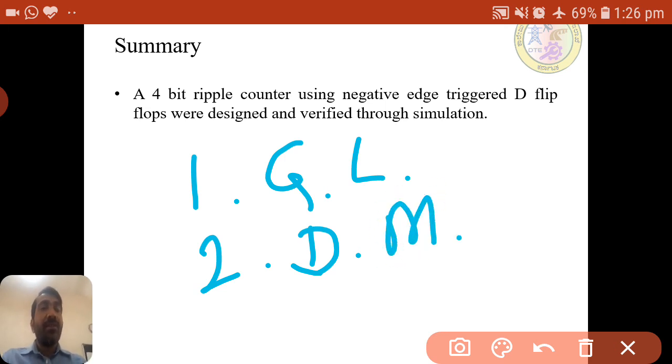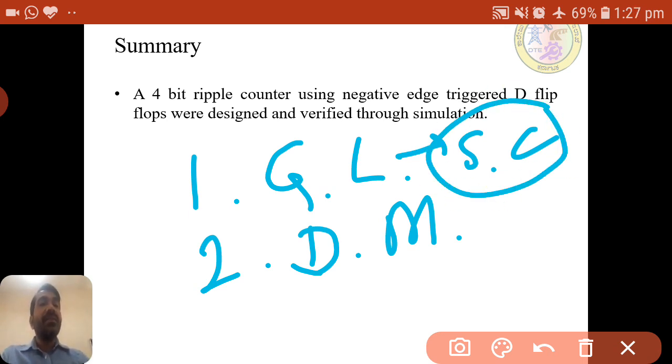As a summary of the last session of module 3, gate level modeling is used for smaller circuits, maybe some 10 gates or 20 gates. If the circuit is very small and we can draw the logic circuit manually, then we can directly use gate level modeling.